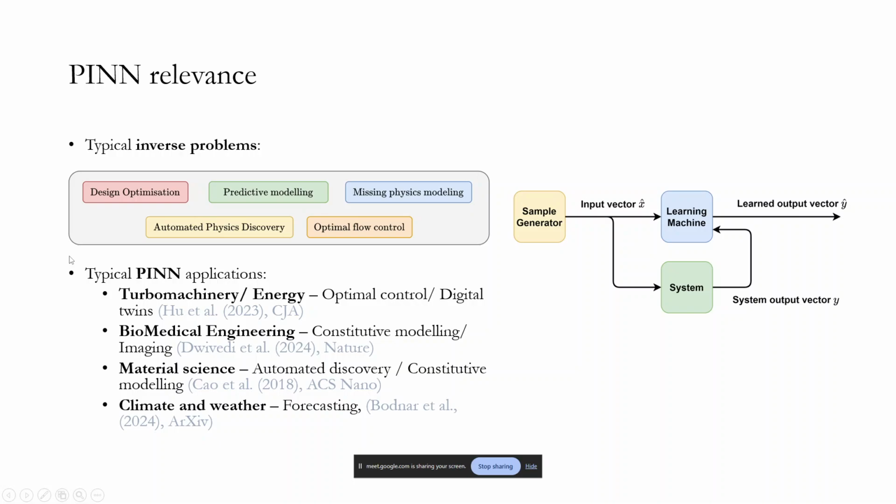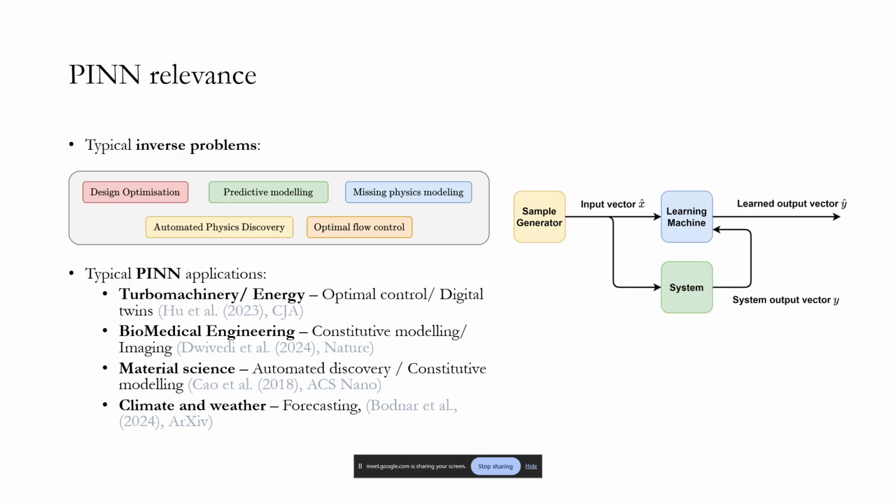Often when you have a research objective, you would conduct an array of experiments. Now you could automate it. When you automate it, how do you do that? There is again a research objective. If the objective guides the automation, and if the experimental process evolves as it collects and processes data and looks at some key performance indicators and appropriately evolves, that's where automated physics discovery comes into play. And then there is optimal flow control, which helps in better